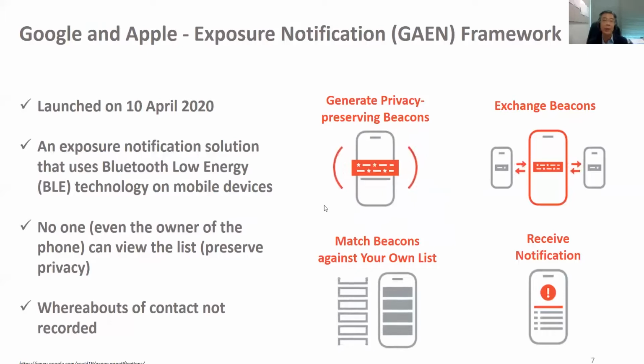I would like to take this opportunity to talk about the Google and Apple exposure notification framework, which was launched on April 10th last year. The framework is based on Bluetooth technology on mobile devices. In other words, whenever two mobile phones come close to each other for a certain period of time, they exchange a kind of BLE beacon, and then record such a contact within